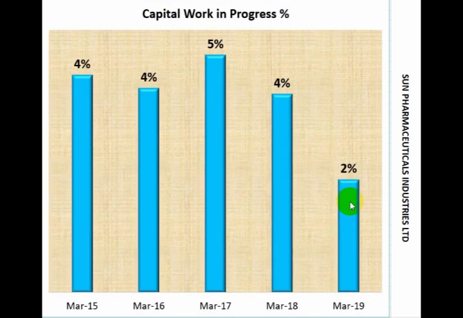Next, we'll look at the capital work in progress as a percentage of total assets. Now, this is the cost the company has incurred on fixed assets, but these are still under construction, so they cannot be shown under fixed assets. So a separate category is created for capital work in progress. This should be less than 20%, because if a very high percentage of work is going on in the business, then basically the money is stuck in that particular asset for 3 years till it starts contributing to the profits of the company. A high capital work in progress would basically indicate that the company is expanding or there is